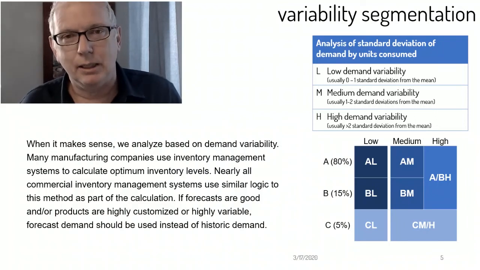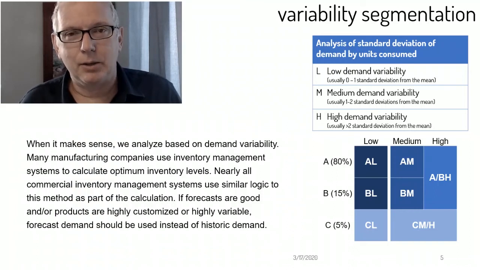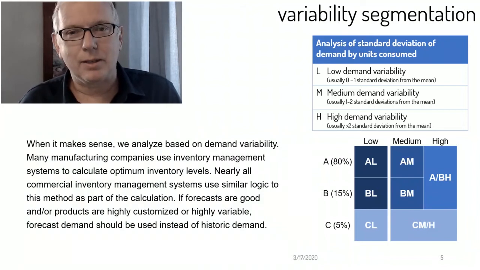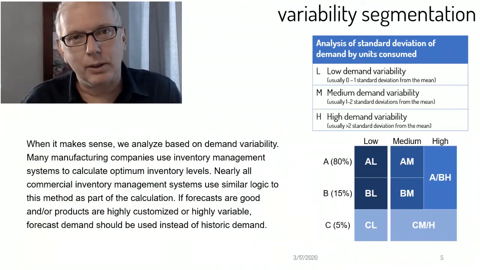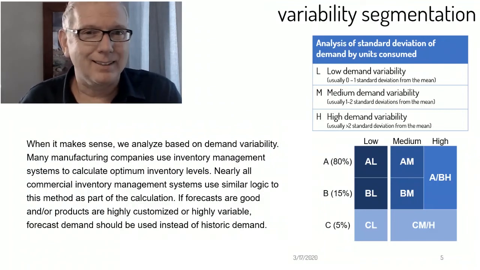relatively steady and consistent, and they always sold the regular milk. Every week they sold a predictable amount. But the chocolate milk demand would spike when the weather got cold. So it's that kind of thing that we know we're going to sell it, but we don't know how much or exactly when. Now, the high variability product, high variability is something that we have a very difficult time predicting